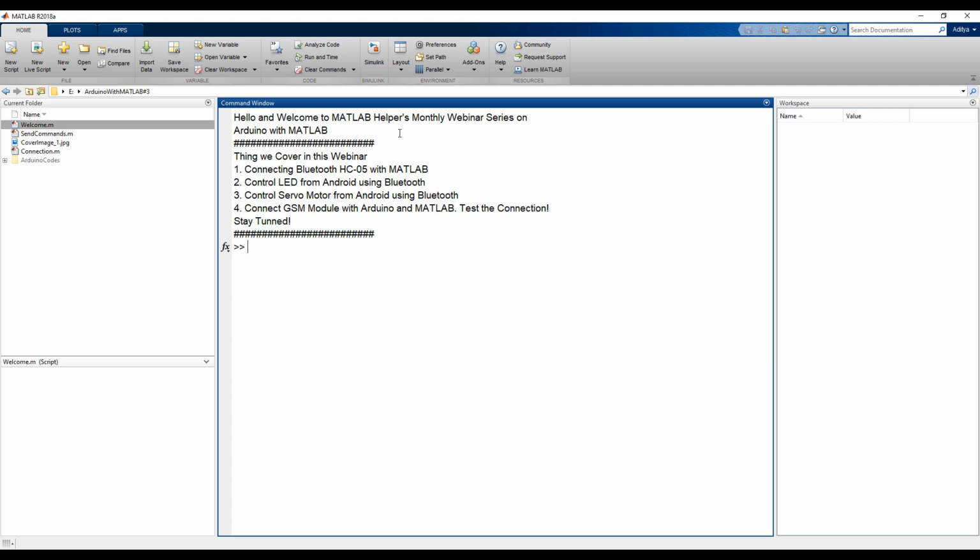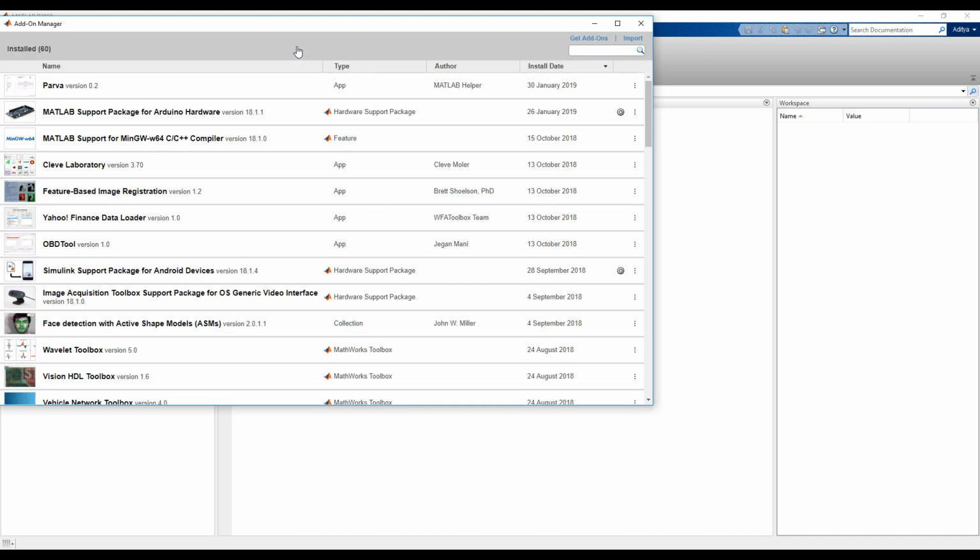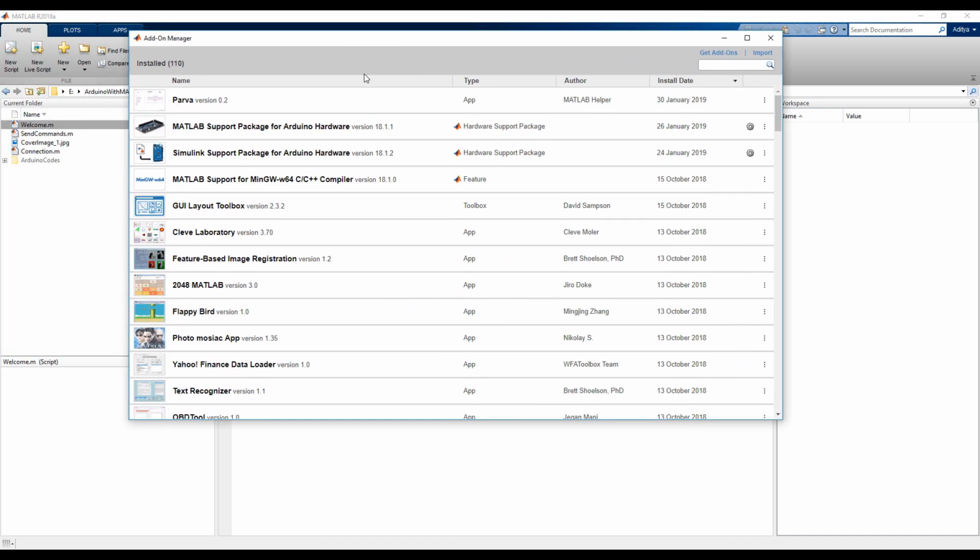First of all, you need to install an add-on in MATLAB. You can simply click on manage add-ons, and the add-on is the instrument control toolbox.